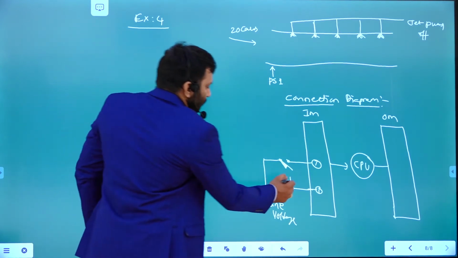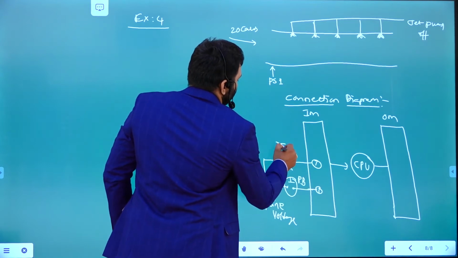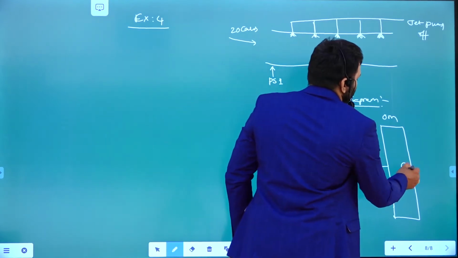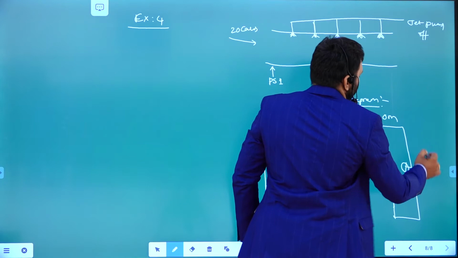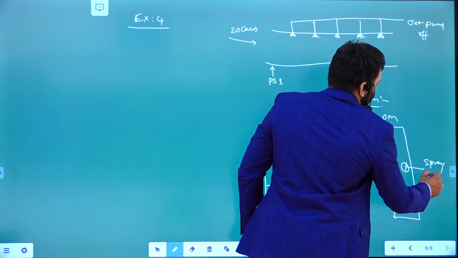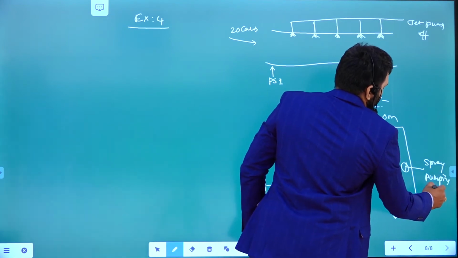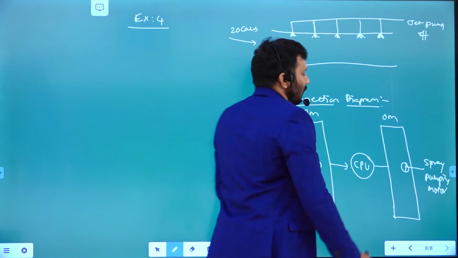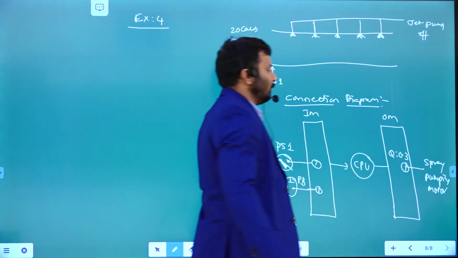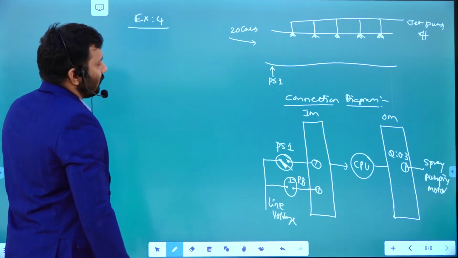This is the master control push button, and this one is proximity sensor 1. Both control the spray pumping motor, which is connected to some address, 0.3 for example. This is the way you need to connect.